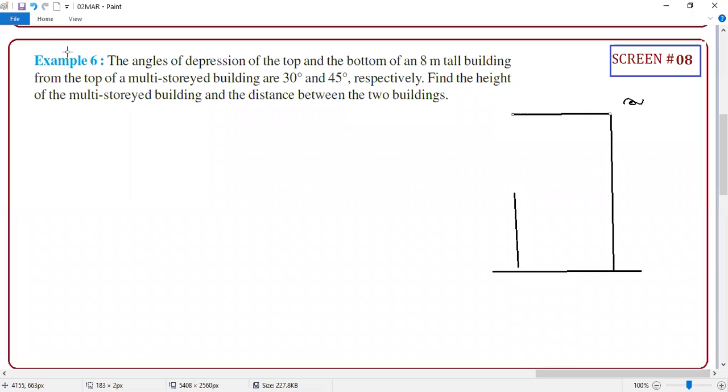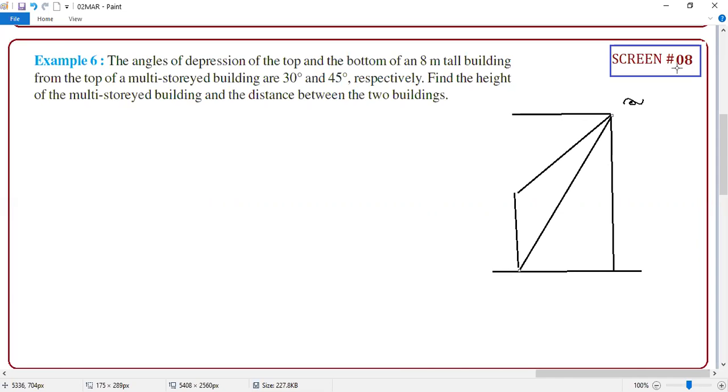Okay, listen carefully. Now, this observer is looking at the top of the small building as well as the bottom of the small building. The moment you go to the top of the building, you will see all the objects around you, particularly the ones which are down, below you. Clear or not? So that's what happened. Now the magic has started, students.